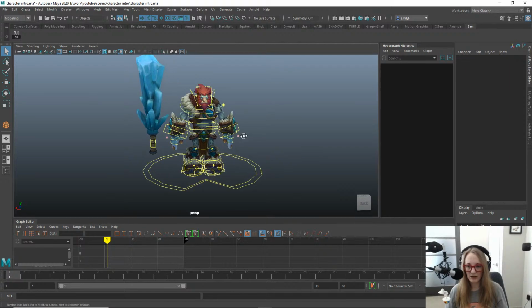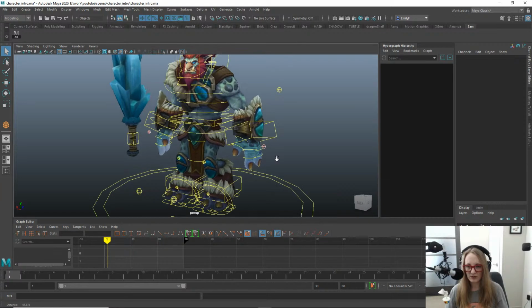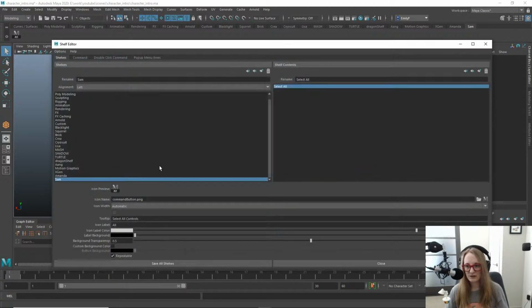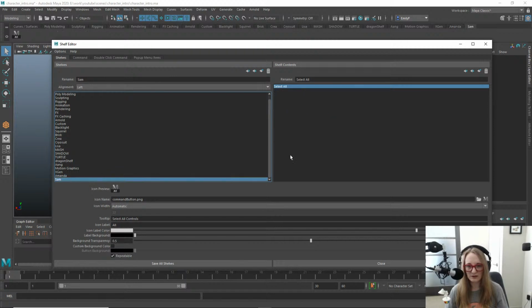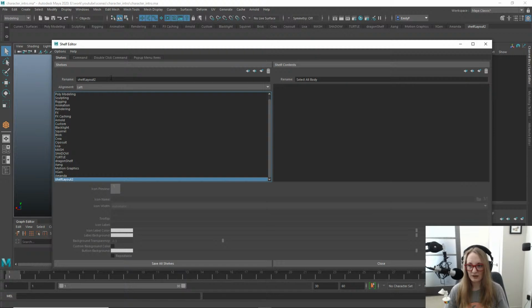I'm just going to make a real quick selection button, I think, for my shelf editor here. Let's make a new shelf. You know what? I don't think I'm going to use the Sam rig again, because she wasn't that great. I'll do a rig review on it at some point so you guys can decide whether you want to use it, but I'm going to just delete that shelf and we'll make a new shelf and call it